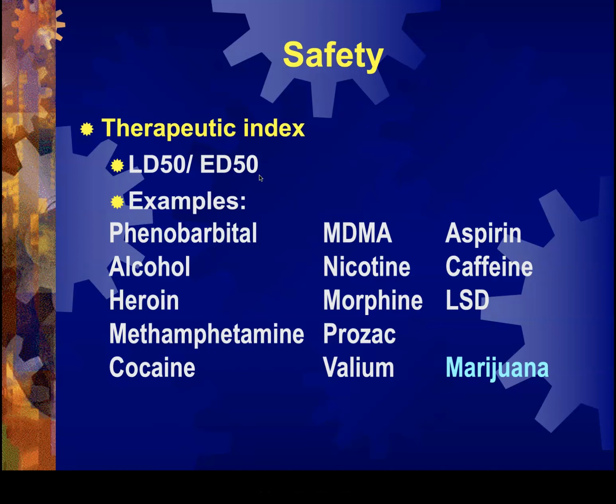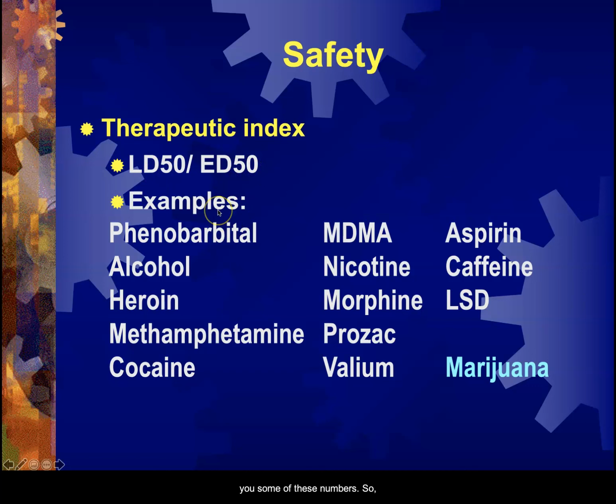But we have more data on the therapeutic index, which is lethal dose in 50% over the effective dose in 50% of the subjects. So for example, I'll just go with phenobarbital. Effective dose, let's say you take 1 pill and it puts you to sleep. If you take 3, that can kill you. You've got a 50-50 chance of dying if you take 3 times the effective dose. So 3 over 1 is the therapeutic index for phenobarbital. That's very low. The lower the therapeutic index, the more dangerous the drug is. So it's a ratio of the dose that causes death in 50% of the subjects over the effective dose.